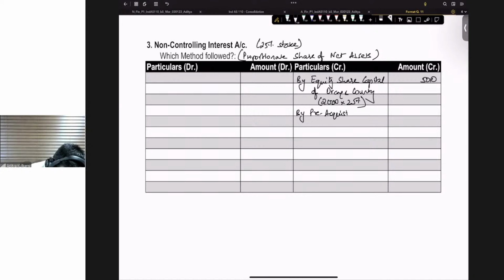Okay. All right. Fine. So now just post the effects by pre-acquisition retained earnings. This is from working note 4. Working note 4. Pre-acquisition retained earnings was worth 2025. Good morning. Okay. And then